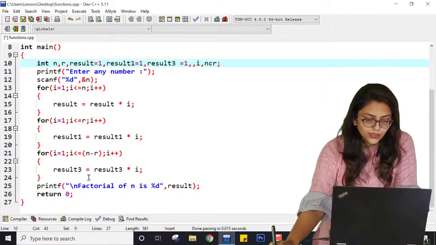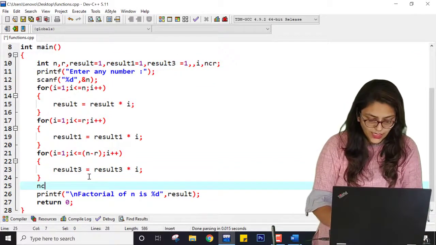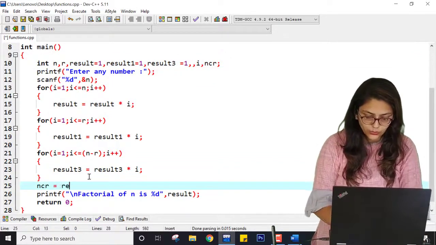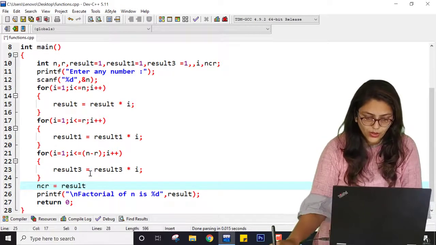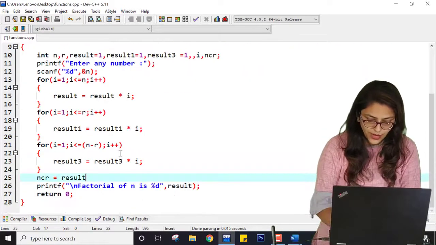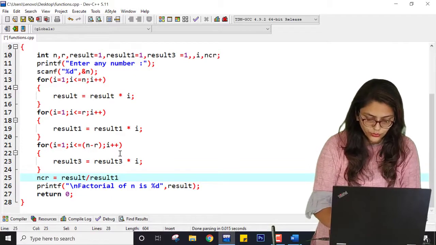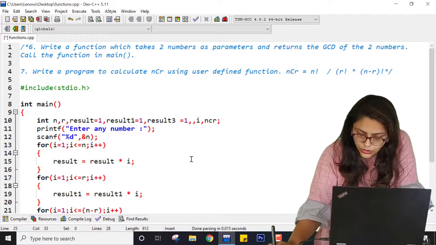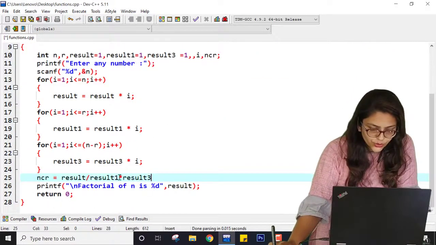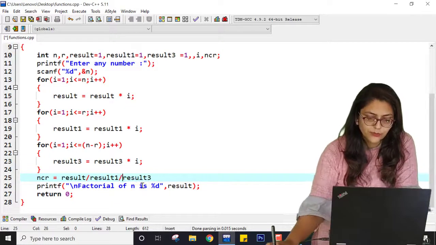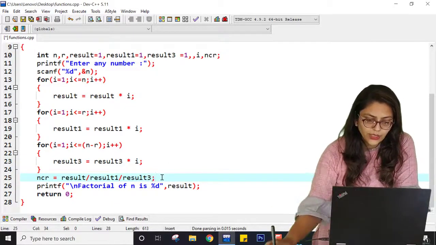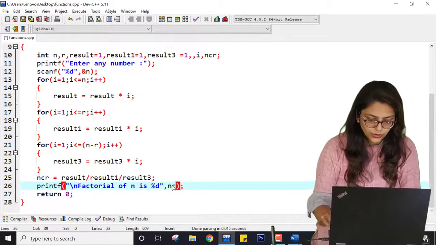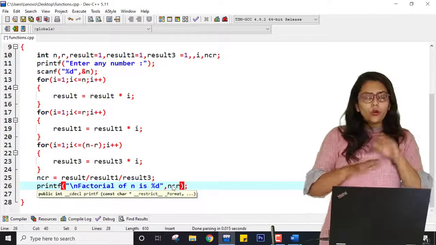And after this you have to find NCR equal to result divided by result 1 into result 3, right? Is this correct? Okay, so both are in division, so here it will be divide only. And then you can print NCR over here. So this is the program if you are not using function.